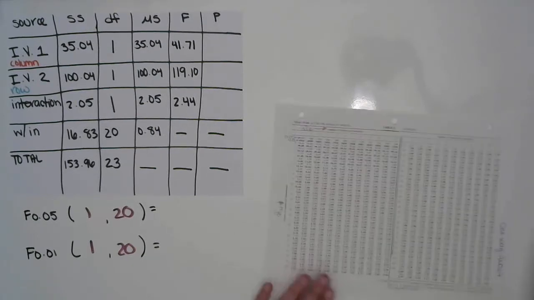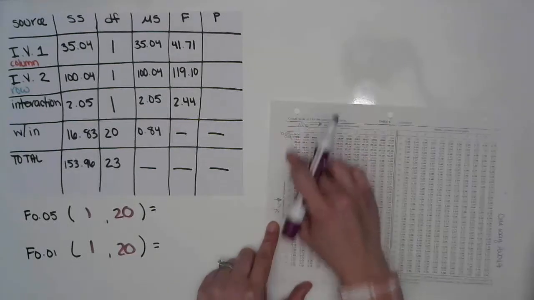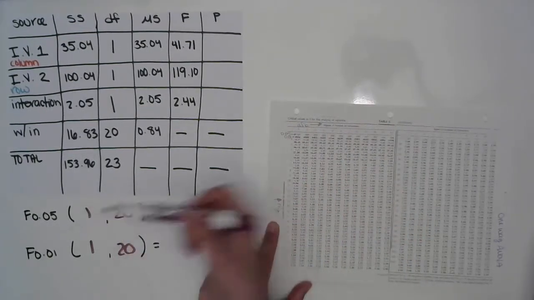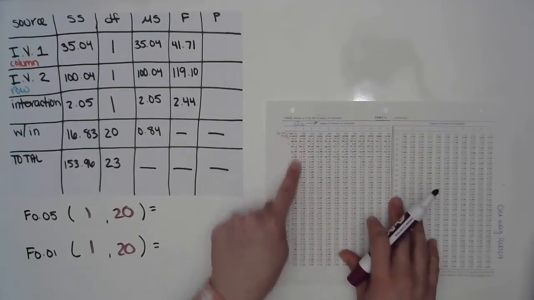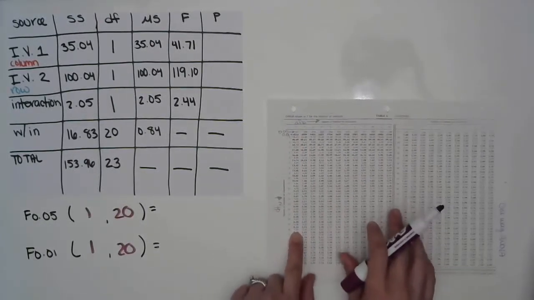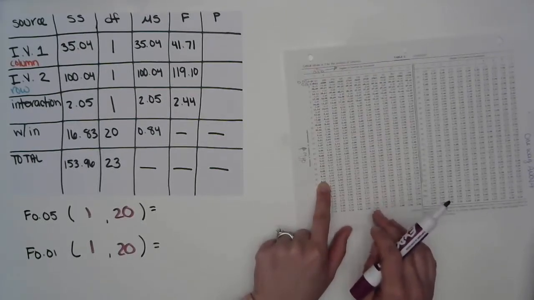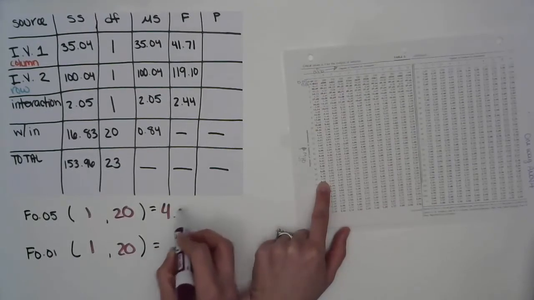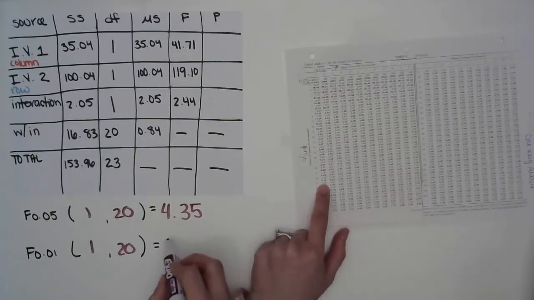Okay, so we're going to take table G, and the degrees of freedom within are here and degrees of freedom between are here. So this 1 is going to count for the degrees of freedom between. That's going to be here. There's the 1. And then we're going to go all the way down to 20. So for our 0.05, it looks like we have 4.35. And then for a 0.01, we have